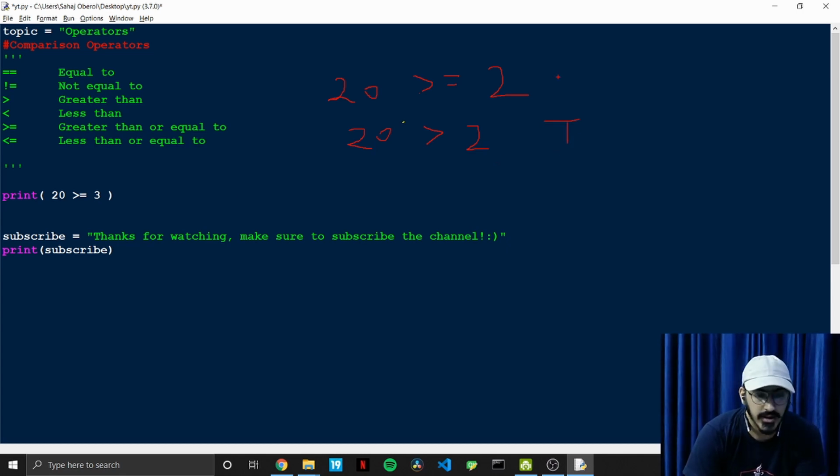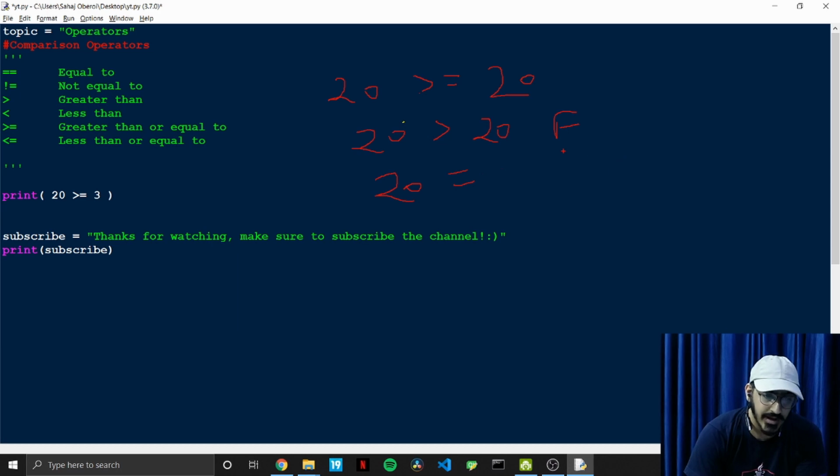But what if this is false? So let's assume this is 20 here. Then obviously 20 greater than 20 is a false condition. Now it will again check whether 20 is equal to 20. If this is true, then obviously it will print true. But now what if this is also false?